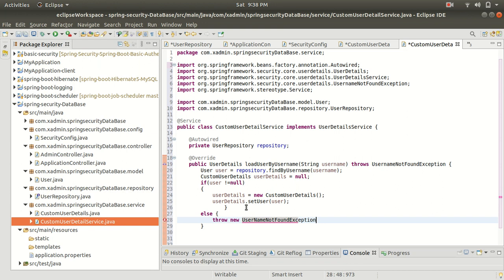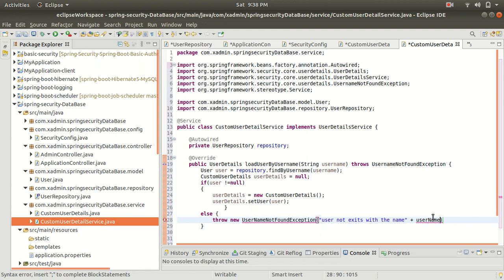And inside this I am going to pass the message like user not exists with the name, and let me add the name, like the username.